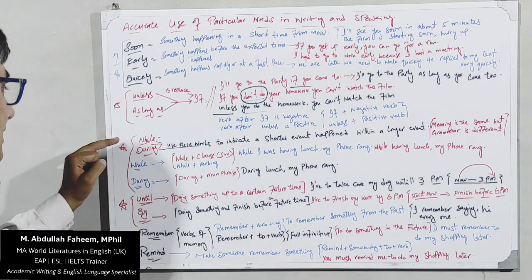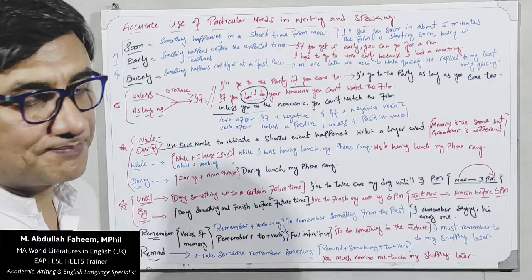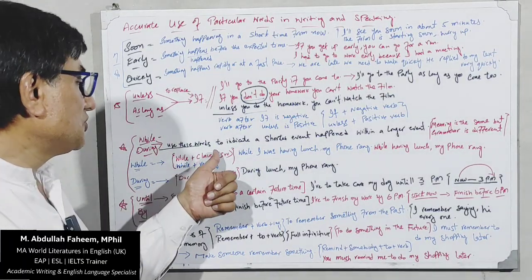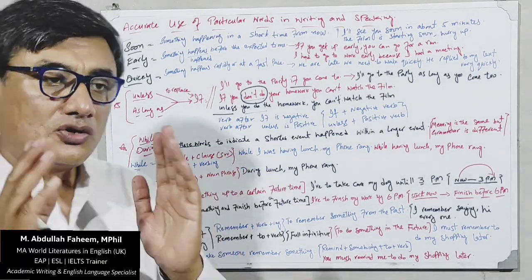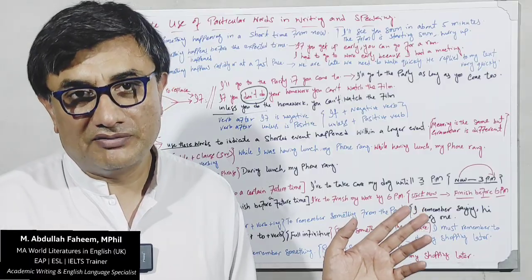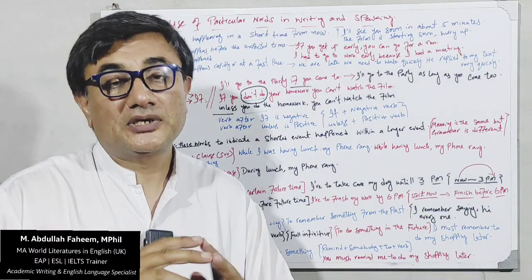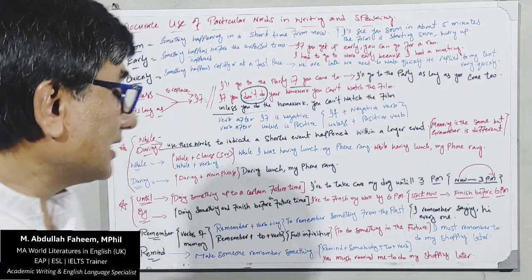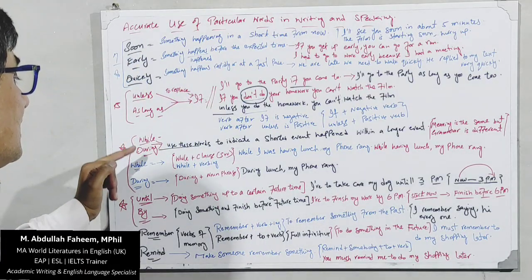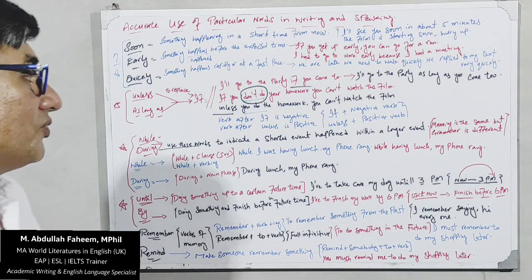We have another pair of words, while and during. We use these words to indicate a shorter event within a longer event. यानी कि एक छोटे से काम को, छोटे से इवेंट को जाहिर करते हैं जबकि एक बहुत बड़ा काम हो रहा हो. क्या यूज करके? While and during. So what's the rule for them?